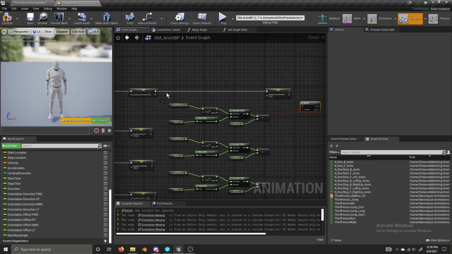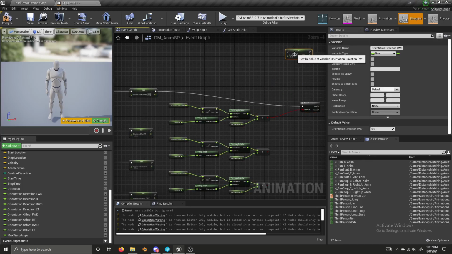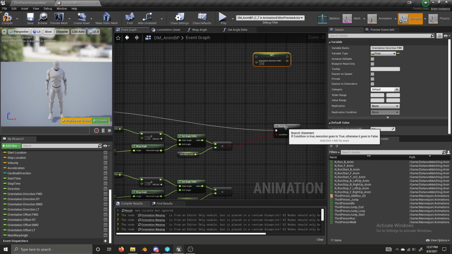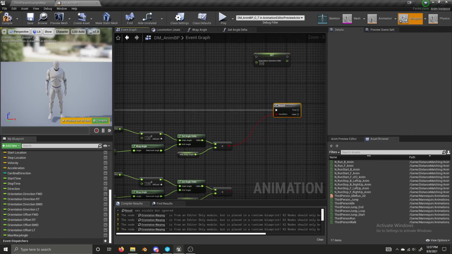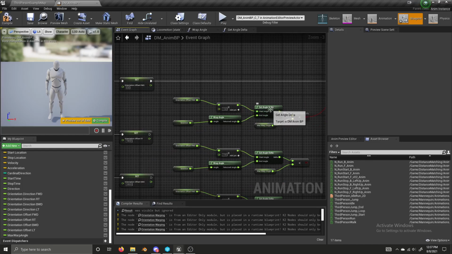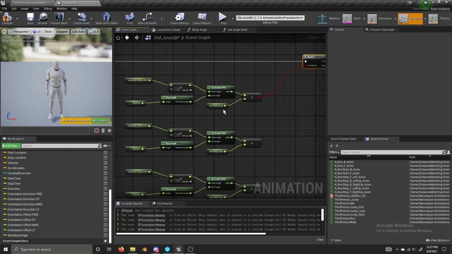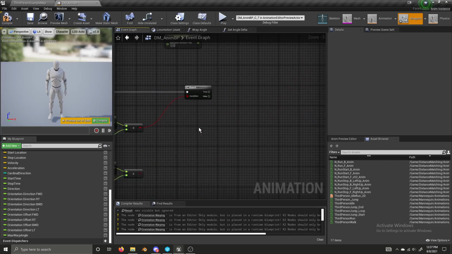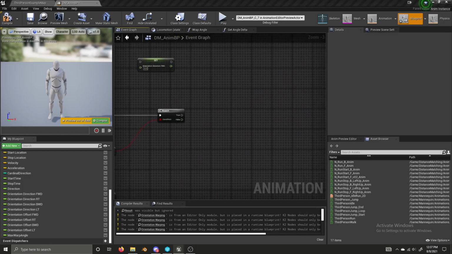And I'm going to take our orientation offset forward, plug it into that branch, and move our set orientation direction forward out of the way. And so if our angle delta between the inverse of our forward orientation offset and our wrapped direction is less than our max warp angle, we are going to